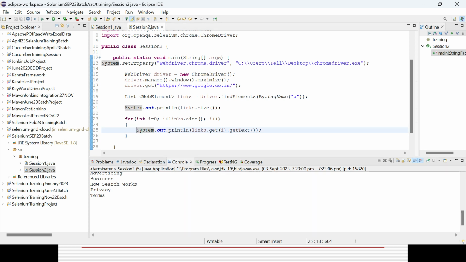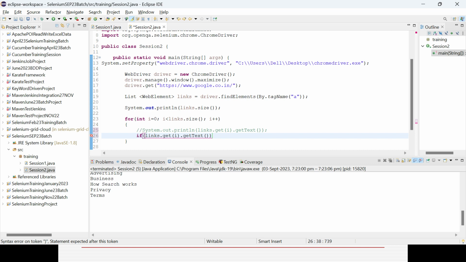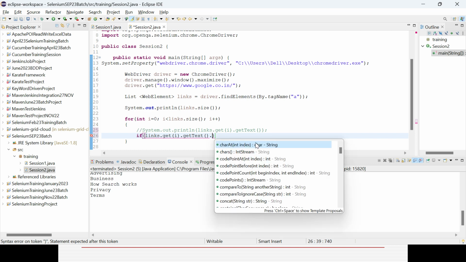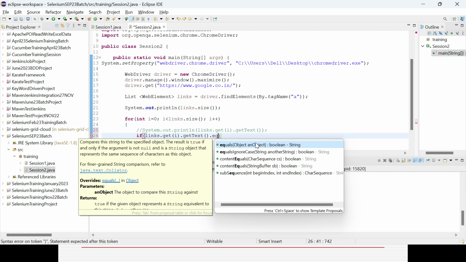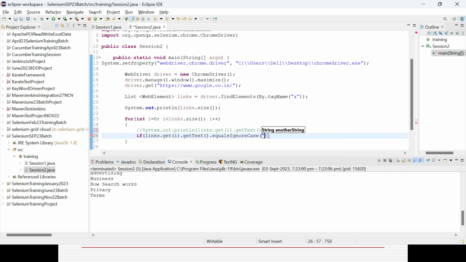But say I don't want to write using the tag name, I want to click on any link. Then how can I do it? In the for loop you need to use an if condition. Here you can give that same part, the variable for every text. For every iteration, get text dot equals ignore case. You can use equals, but then you have to give the exact word. If you use ignore case, it is not case sensitive, so you can give any uppercase or lowercase and that will still be fine. So in case the text matches Gmail, ignoring case,